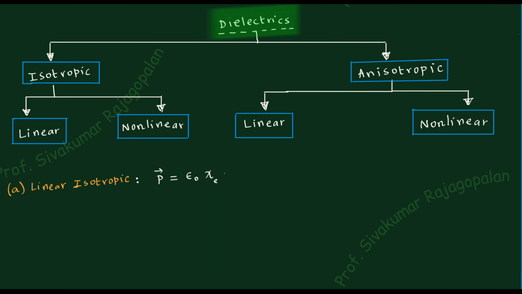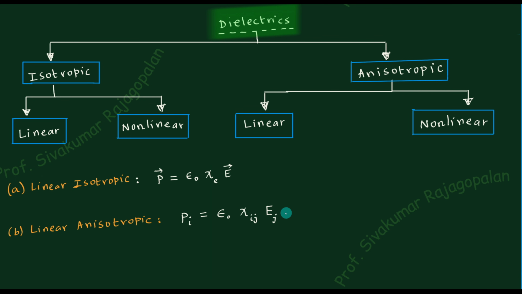So the simplest one is the linear isotropic, which is already explained to you. There is nothing new. So therefore, second case we will go. In the case of the anisotropic situation, you have to write down in terms of tensor. So I will use the suffix notation. So you write down P suffix i. Suffix notation is used for the tensors. Epsilon 0. Now the chi becomes a tensor. So you have two suffixes, and then you have E with a suffix j, that is the electric field, and then again tensor.